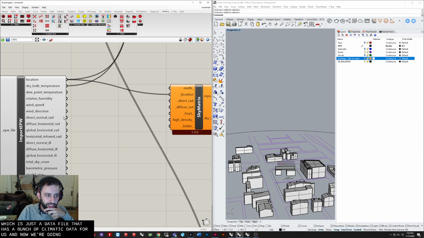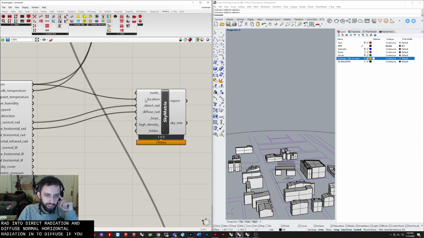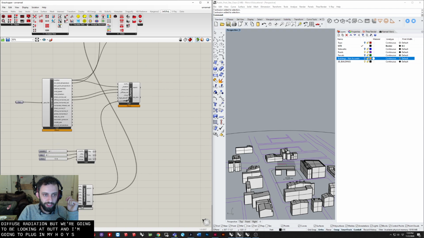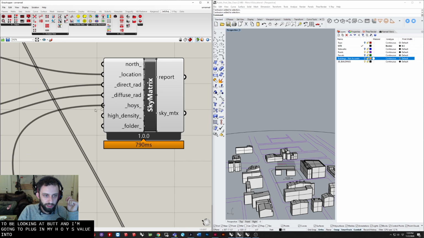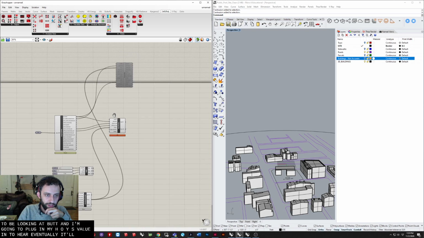And now we're going to plug in the direct normal radiation, or RAD, into direct radiation, and diffuse horizontal radiation into diffuse. If you only plugged in one of these, you would only be looking at either direct radiation or diffuse radiation, but we're going to be looking at both. And I'm going to plug in my HOYS value into here. So now it'll take a few seconds to calculate,